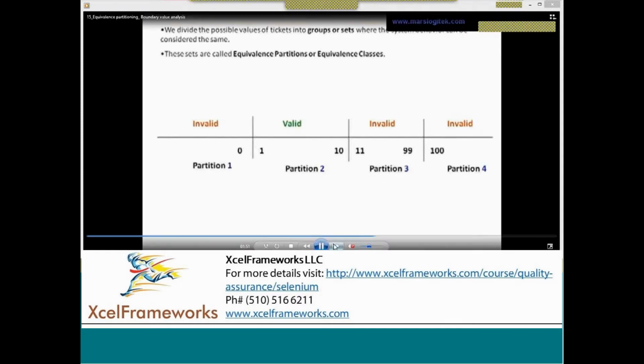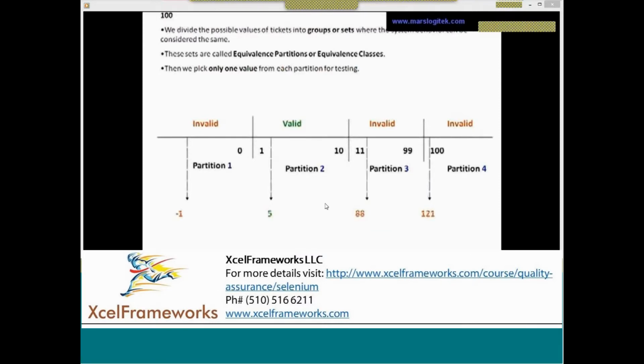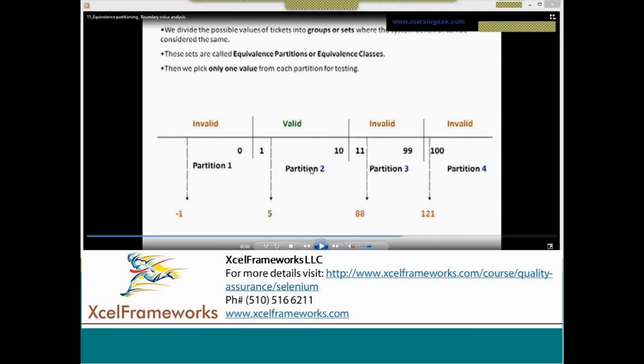And here what we do is we pick each value from the partition. If you partition very well, we can pick each value from a partition and execute the test cases. Now I'll ask you, what is the valid value for partition 2?